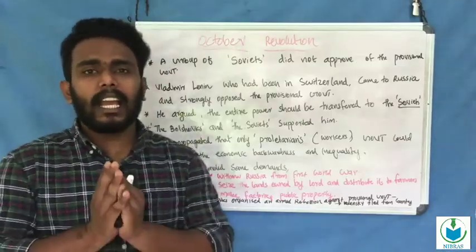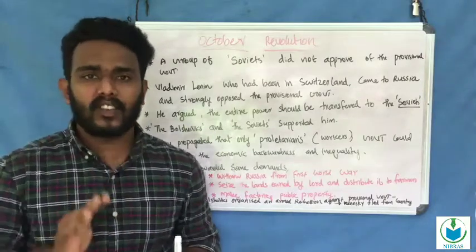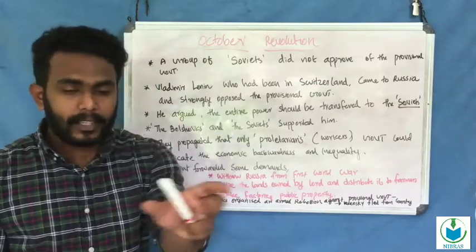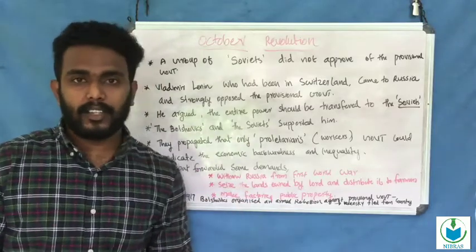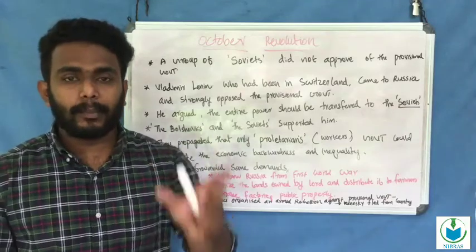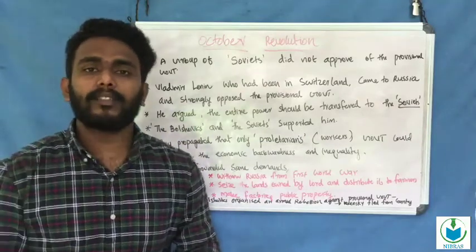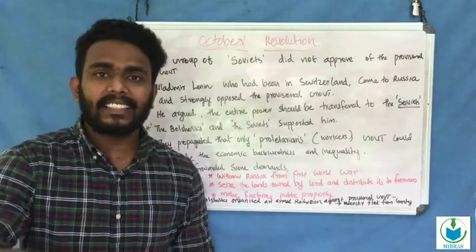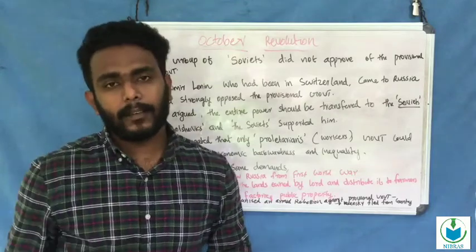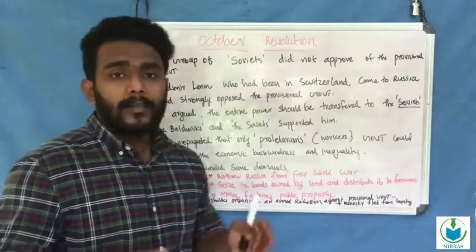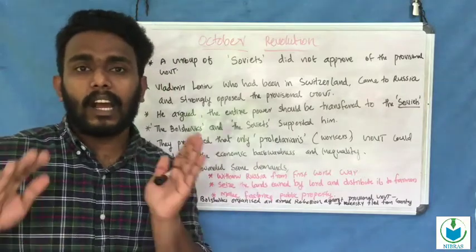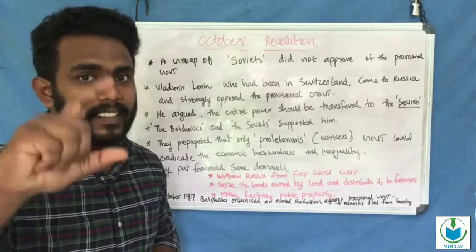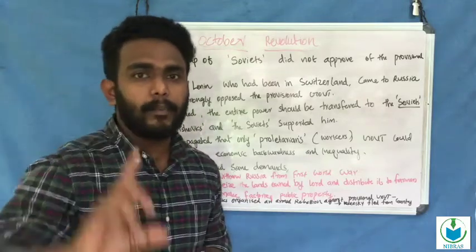Okay, now look at another important event that happened in the Russian Revolution. It was the October Revolution. We previously discussed the February Revolution. After the February Revolution, the provisional government took power in Russia. The provisional government was under the leadership of Alexander Kerensky, the Menshevik leader. So after that event, the October Revolution happened. It is an event inside the Russian Revolution, and it was an important thing.